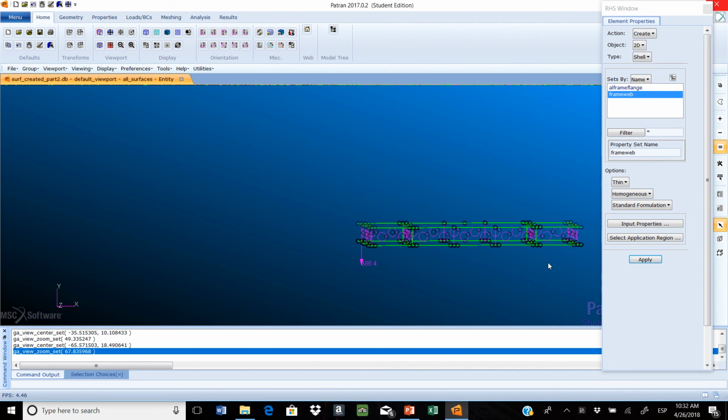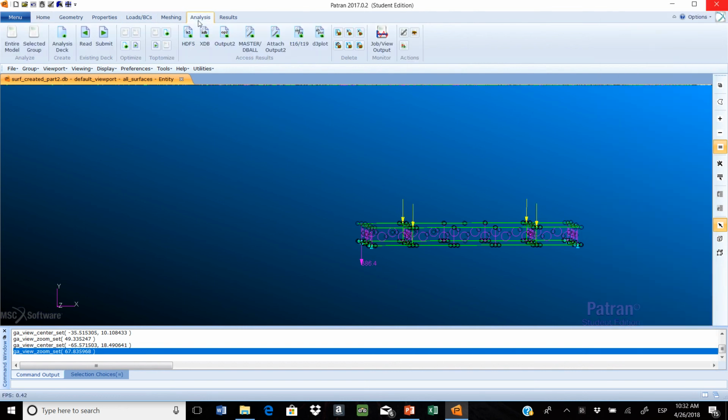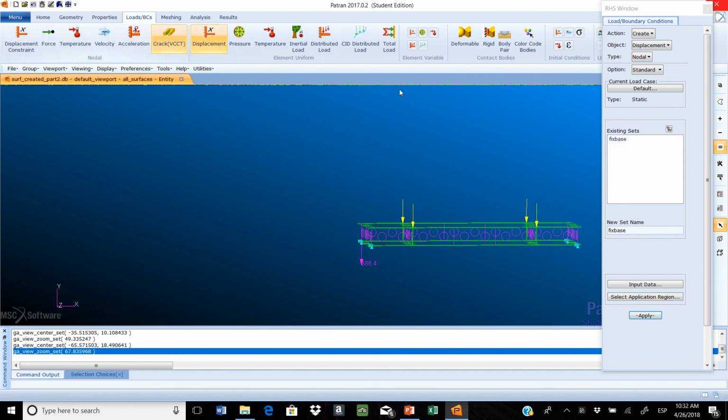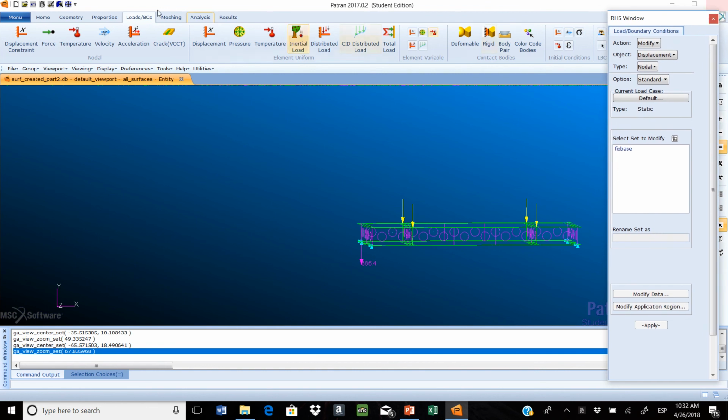Now we're going to check the loads. For that we go to, it's not load BCS, I guess results. Let's go to results, action, no, BCS, modify. No, we're not in the correct